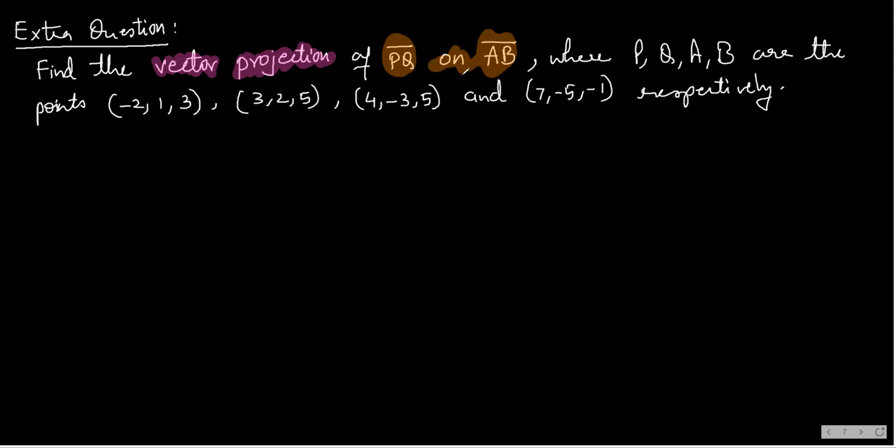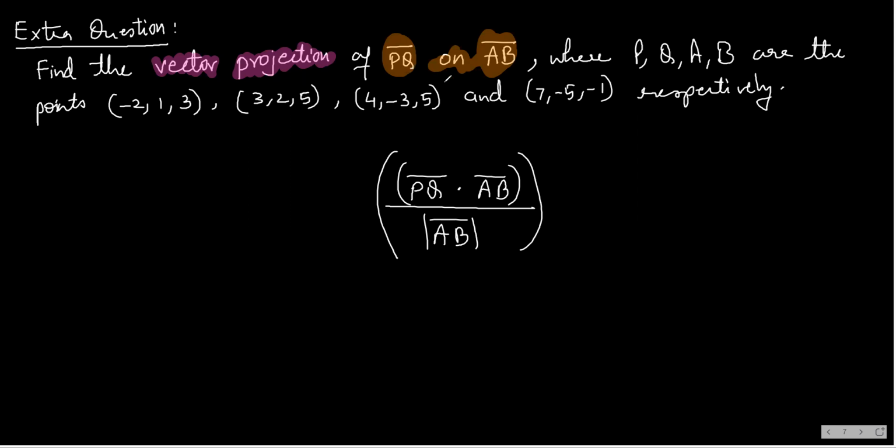Now, as I have already told you, if you want to get the vector projection, first you should think of the scalar projection. That is simply the projection. So here, the projection will be the projection of PQ bar on AB bar. If it is on AB bar, mod AB bar will come in the denominator, then the numerator will be PQ bar dot AB bar. Now, this is your scalar projection.